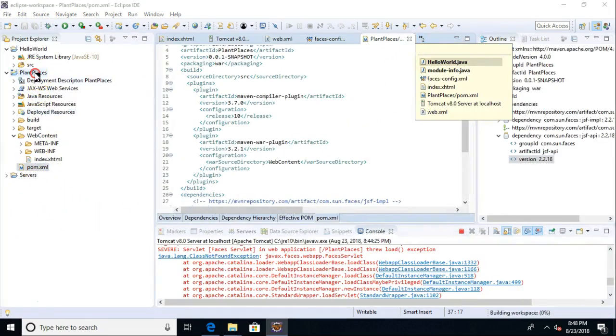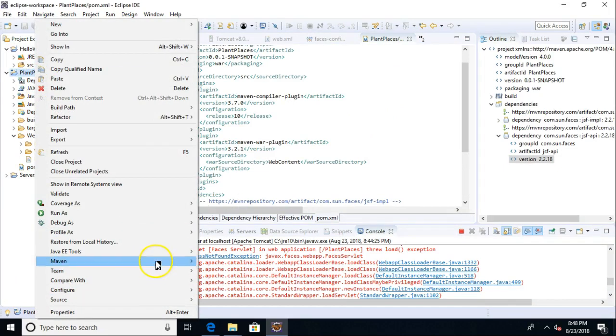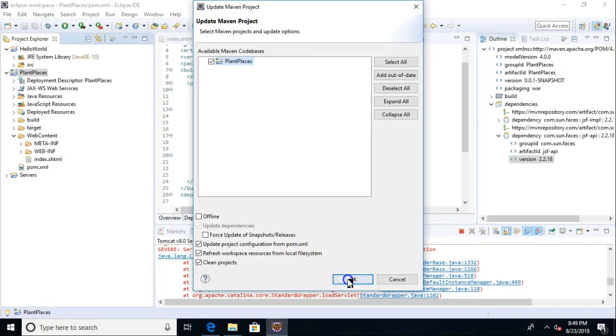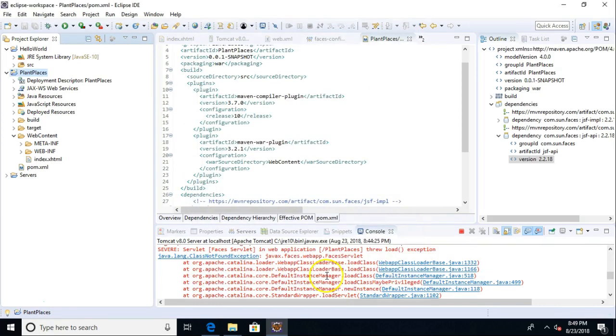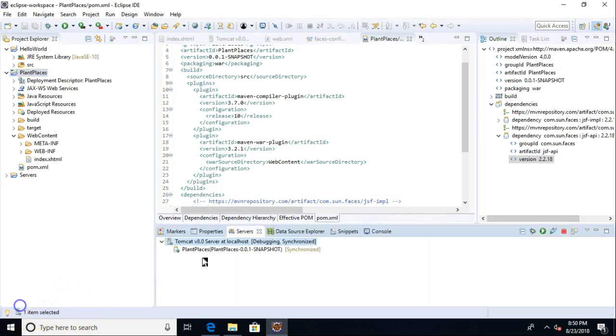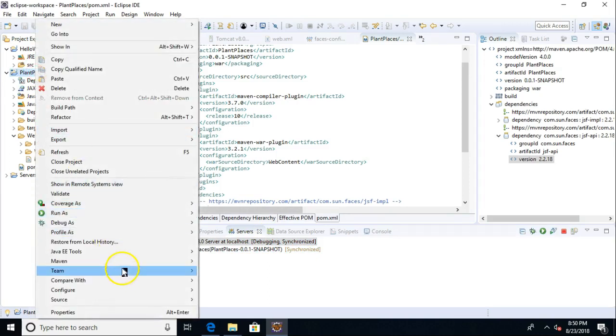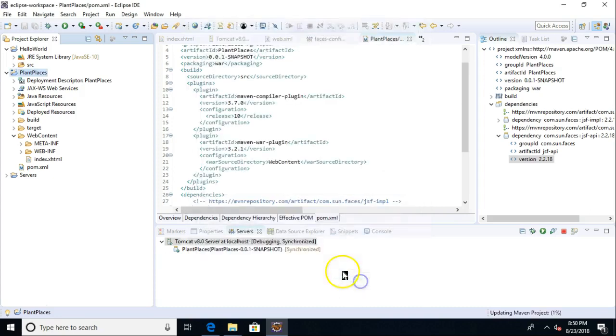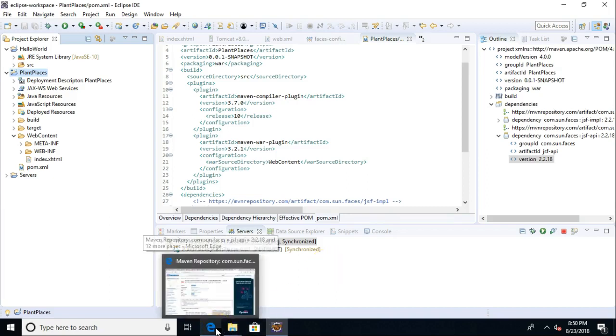So we have our dependencies. Now I right click and I say Maven. Note we have a new option here. Maven update project. That tells it to go out and fetch any dependencies that it has not already fetched. Now I can do that update once again, but look very closely here at debugging and synchronized. Watch that word synchronized as I right click and I choose Maven and then update. You'll notice that it flashes to restart or republish and then immediately goes back to synchronized. Essentially it did a little hot swap there and it said, okay, now I have the libraries, now we can